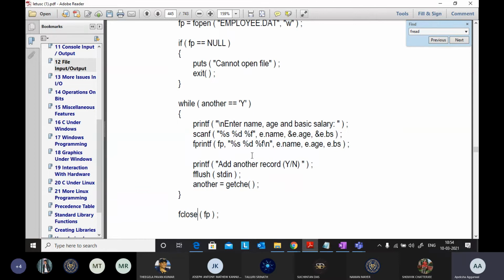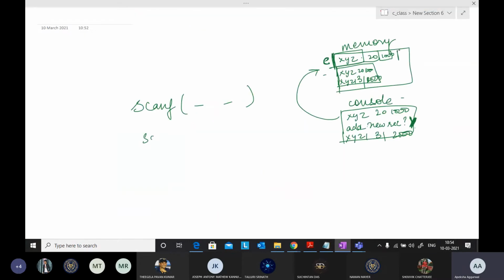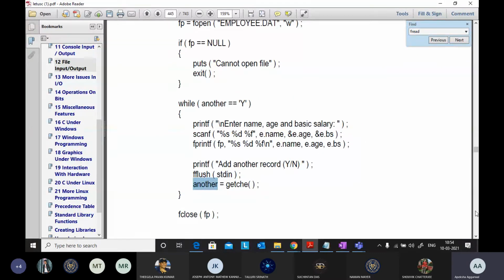This process is repeated until the user says no. As soon as the user has pressed n, getche will return n. The variable another is also stored somewhere here. As soon as this value is y, the loop will go on. As soon as this value is replaced by n, the loop will not work. Is this program clear?